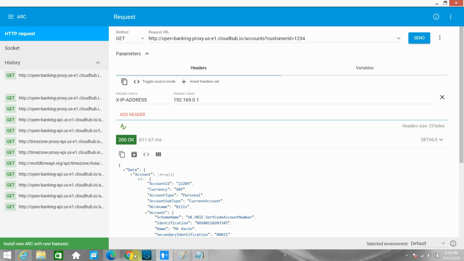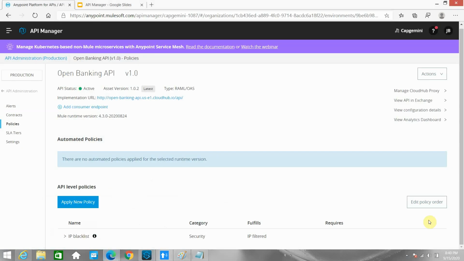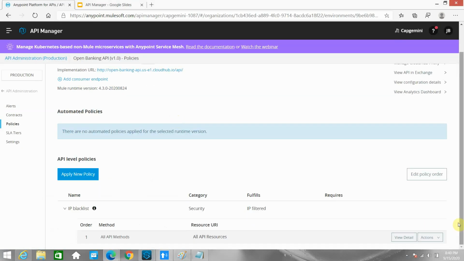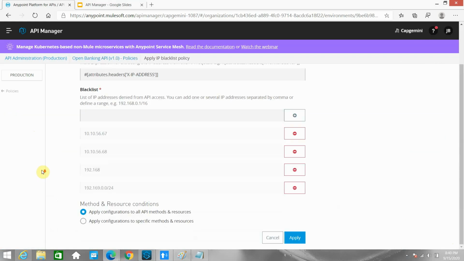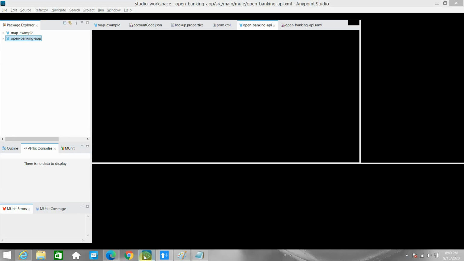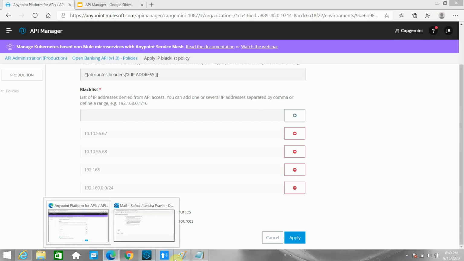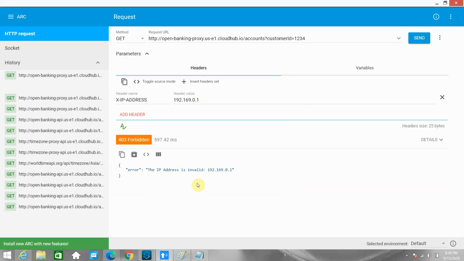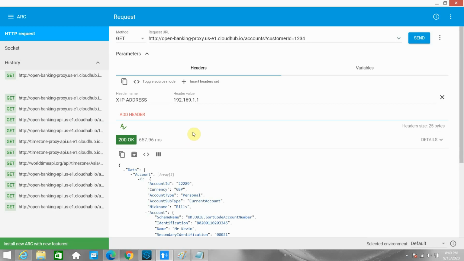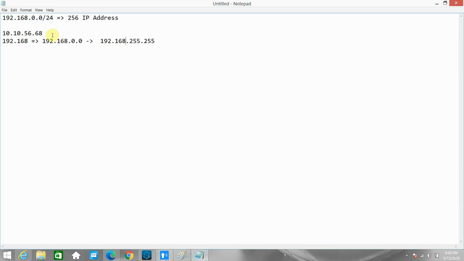So it hasn't reflected yet, so let's wait for some time. So 190.69, 169.0.1, this is also invalid. If I use 1.1, this is successful. So what happens in the range of whatever range I've given,